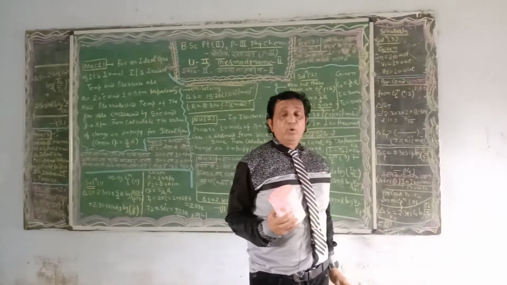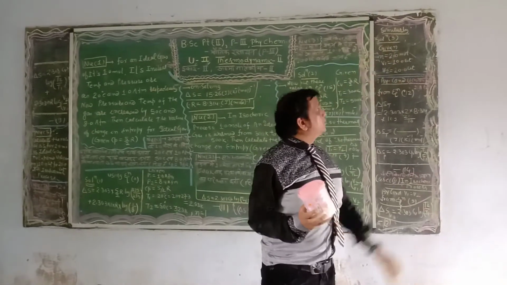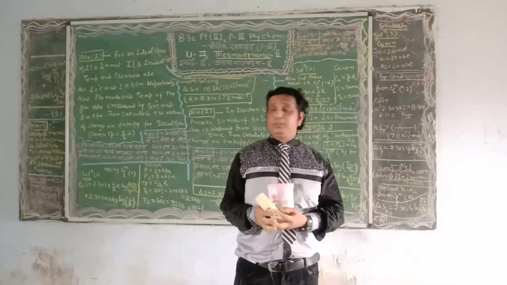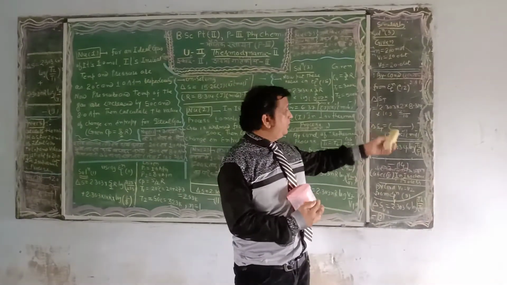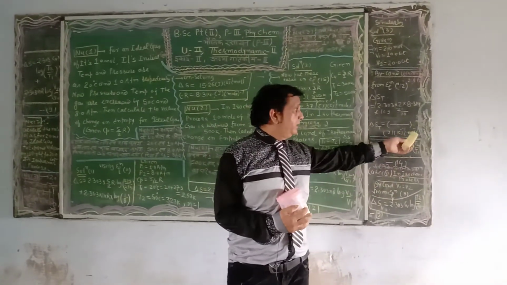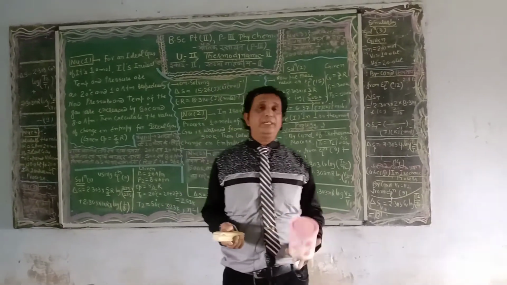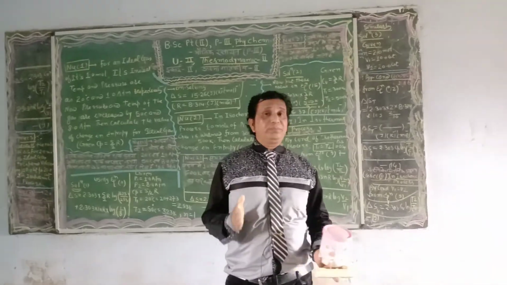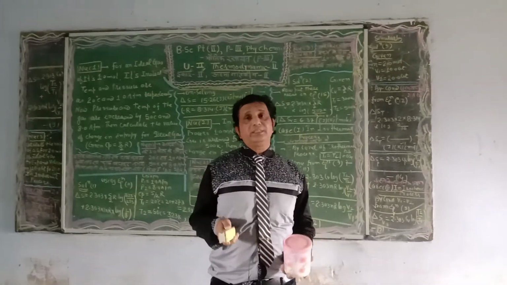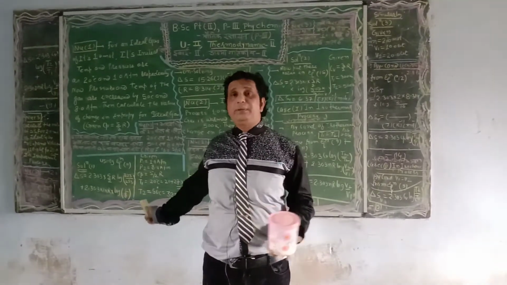Volume is increased from V1 equal to 10 liters to V2 equal to 20 liters, and when these values are substituted in fundamental equation number 12, the final value comes out on solving, in joule Kelvin inverse mole inverse. These were the 3 important numericals based on change in entropy in various processes: reversible isothermal process, isochoric process, isobaric process, and combining them for the overall change in entropy with temperature and pressure.